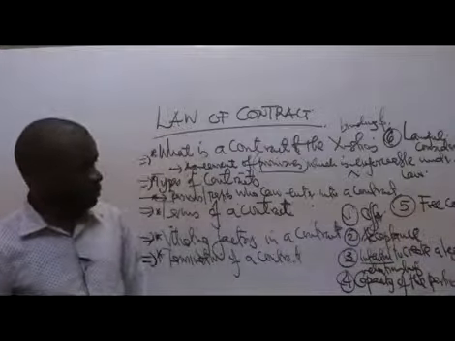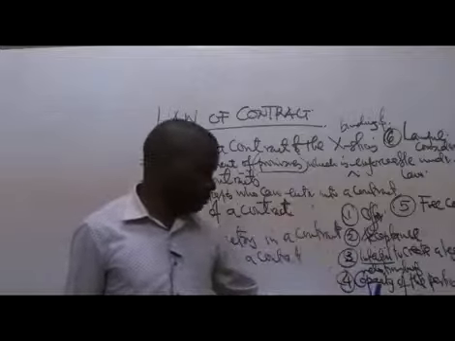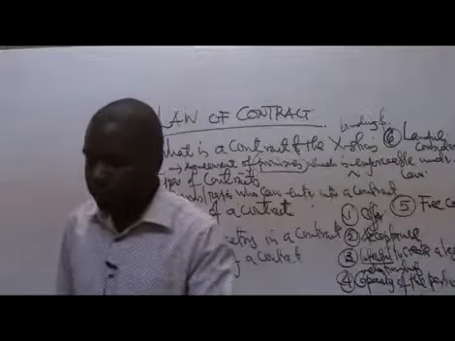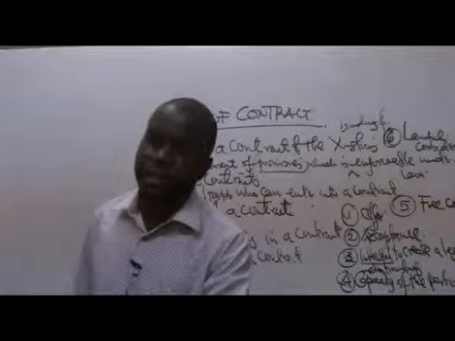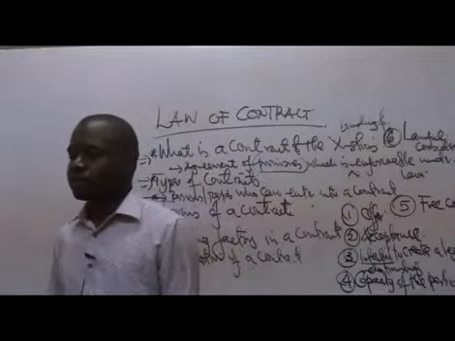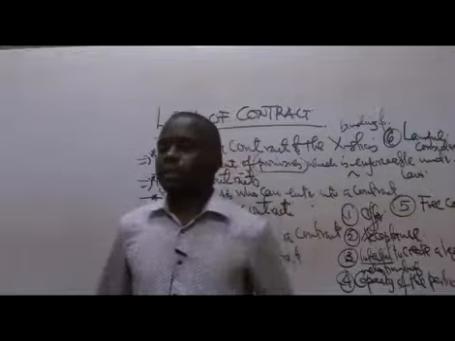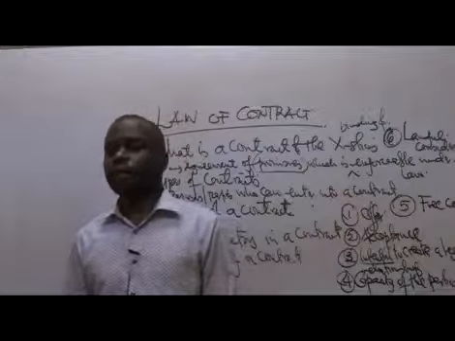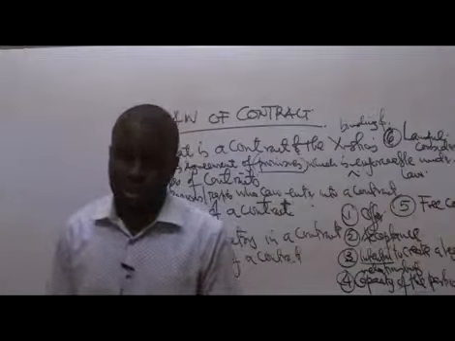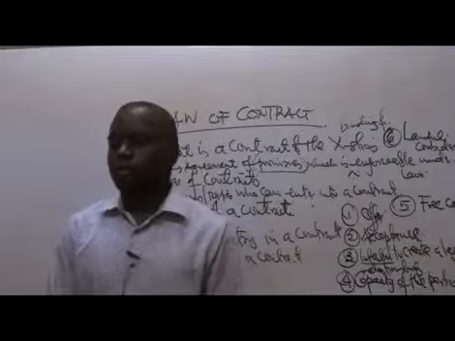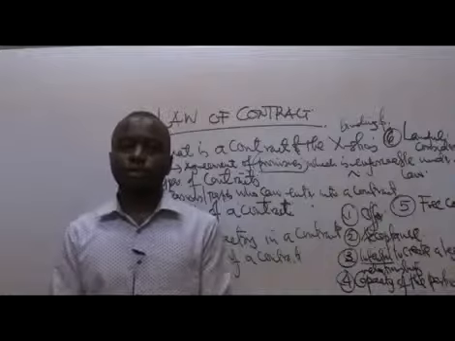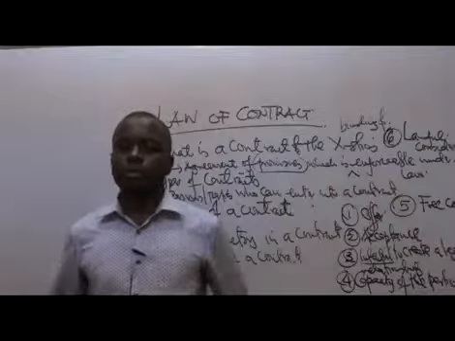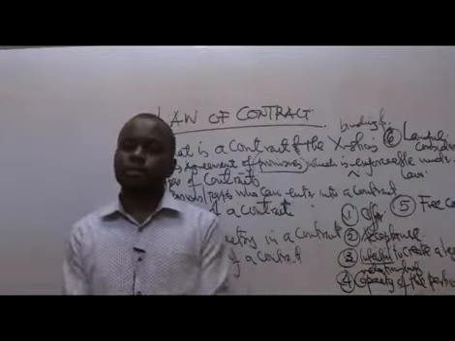Then we are talking about capacity, the capacity of the parties to be able to contract. You realize that, for example, under certain contracts, persons who have not attained the age of majority cannot enter into certain contracts, for example, contracts of employment. So they'll simply ask, one of the things they ask, do you have your national ID? They want to identify whether you have attained the age of majority so that you can be employed. Most of the contracts, you must have attained the age of majority, but we'll see later on that under exceptional circumstances, a minor or a person who has not attained the age of 18 years can be able to enter into a contract.